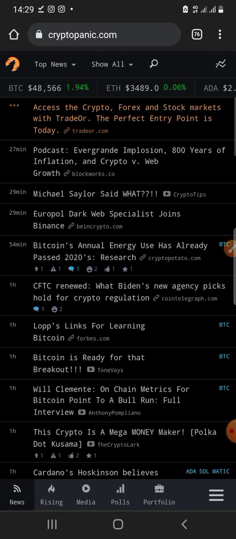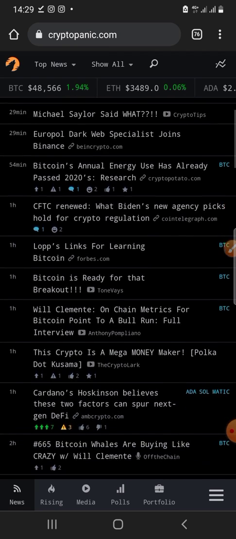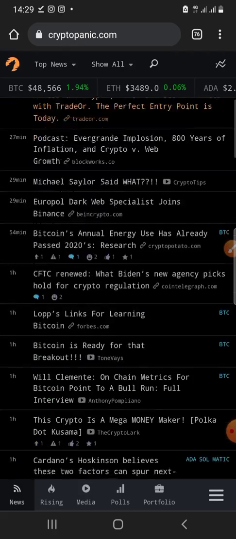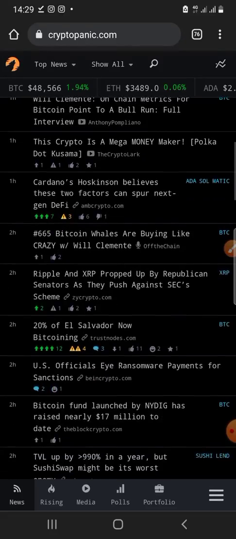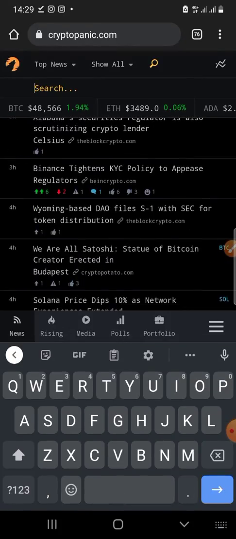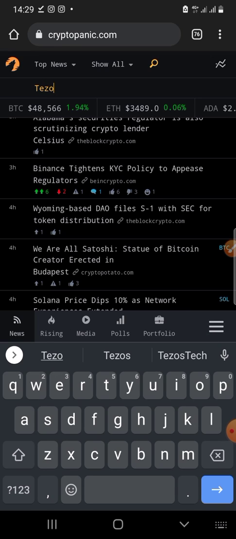Another very cool tool you can use is CryptoPanic. And CryptoPanic is really cool because it's a news aggregator, so that you don't need to move from one crypto news site to another. CryptoPanic kind of aggregates all the news on the various websites. So you come here, 1 hour ago, 20 minutes ago, you get to know all the trending news in the crypto space. Here too, you can make good use of the search button to see that particular project you're interested in. What is the news concerning it?